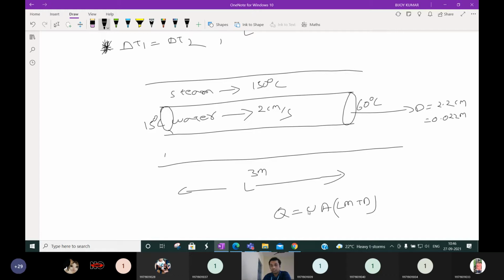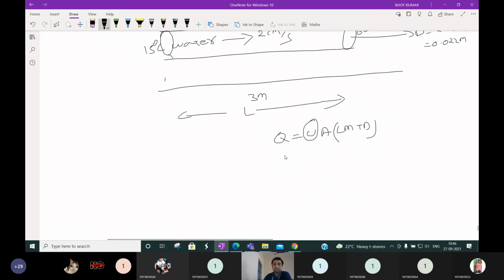What is U? U is the overall heat transfer coefficient. This is asked. So how to determine that? Since U is asked, we must know the A value, the LMTD value, and the Q value. Again, we know that this Q value will be equal to m dot Cp,